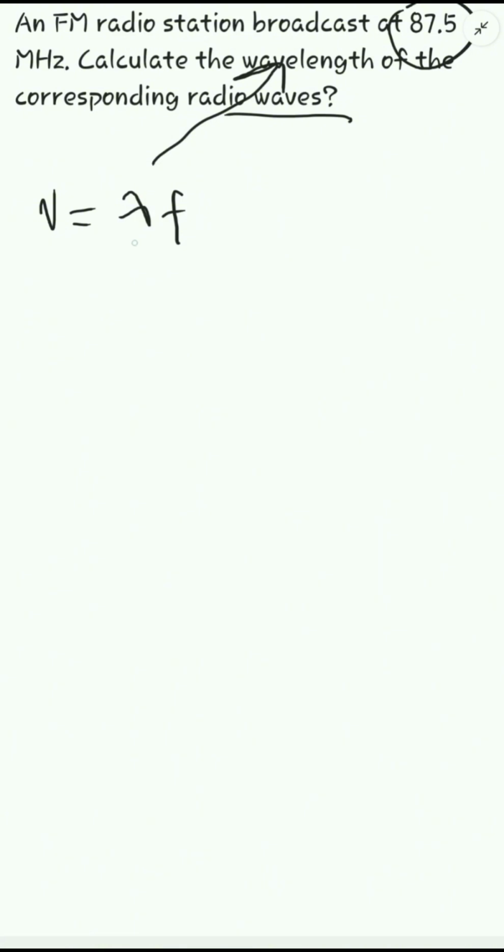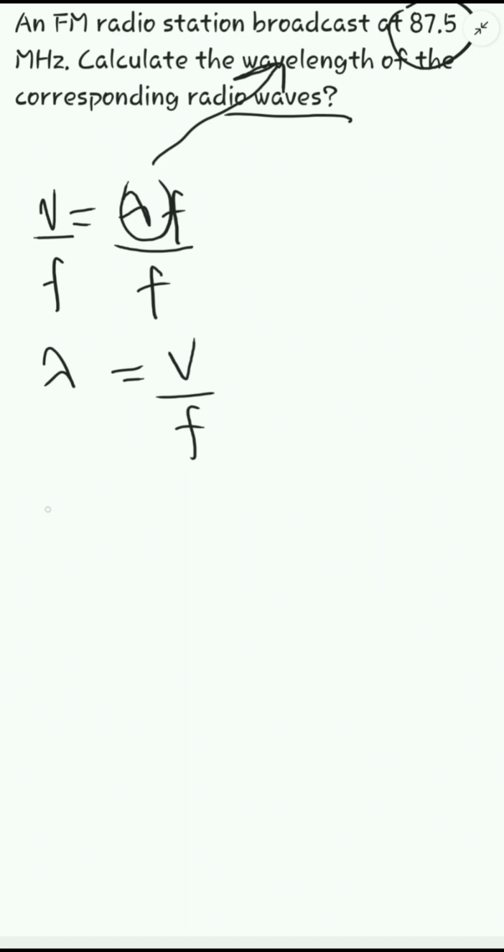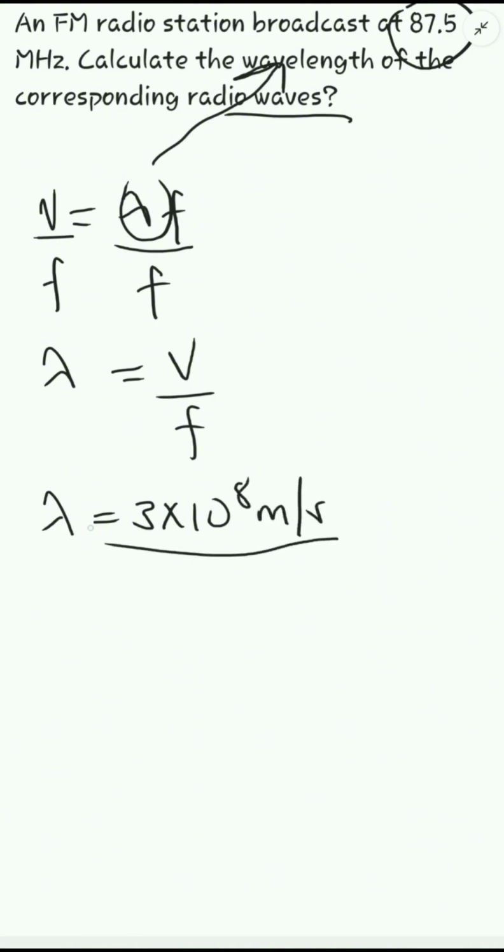Now since I'm looking for the wavelength, I'm going to make it the subject of the formula. So I divide by frequency both sides, giving me the wavelength to be the speed of light v over the frequency. So my lambda, which is the wavelength, is equal to the speed of light, 3 times 10 to the power 8, over my frequency, which is 87,500,000